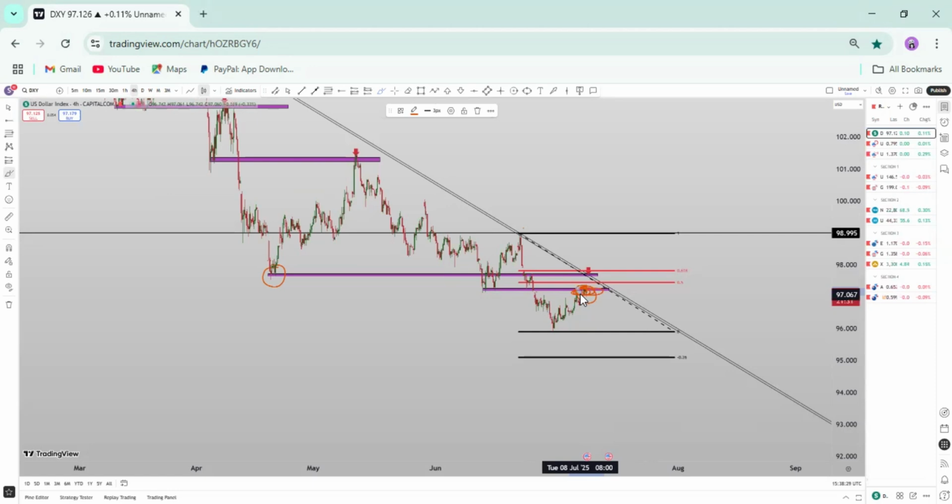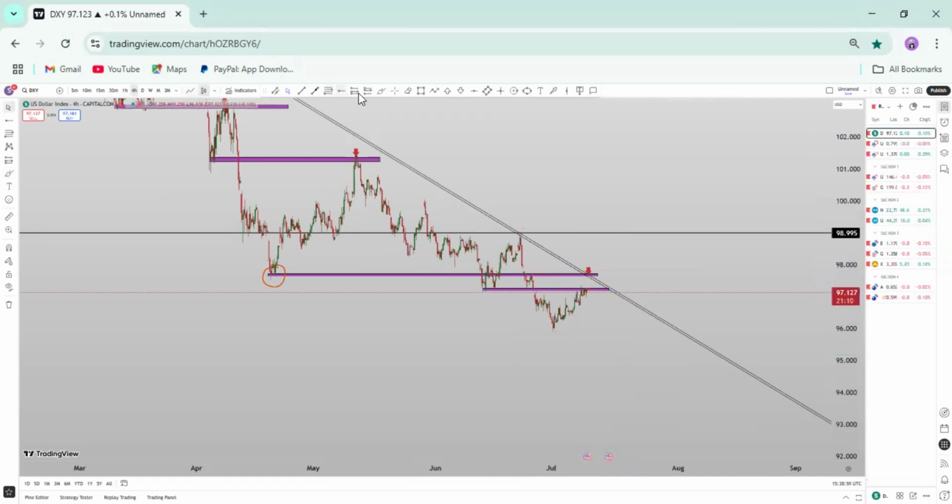What I would want to see is that DXY will retrace a little bit further inside the box, then come out of the box and retest. That one will be more good for me to have an entry on